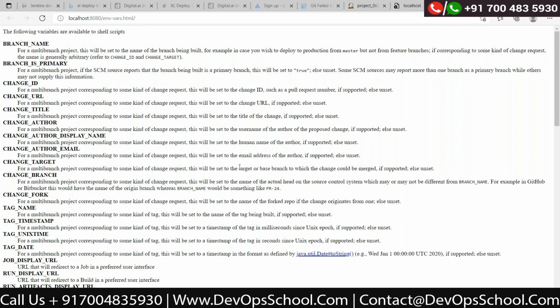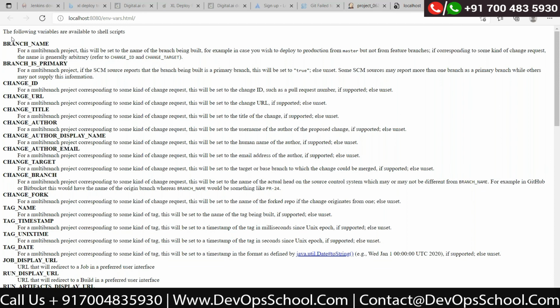As you keep working, you'll get an idea what these variables are for. But if you sometimes forget them, you can come to this page and look at all the variables defined by Jenkins. Search for workspace and we'll get the definition.